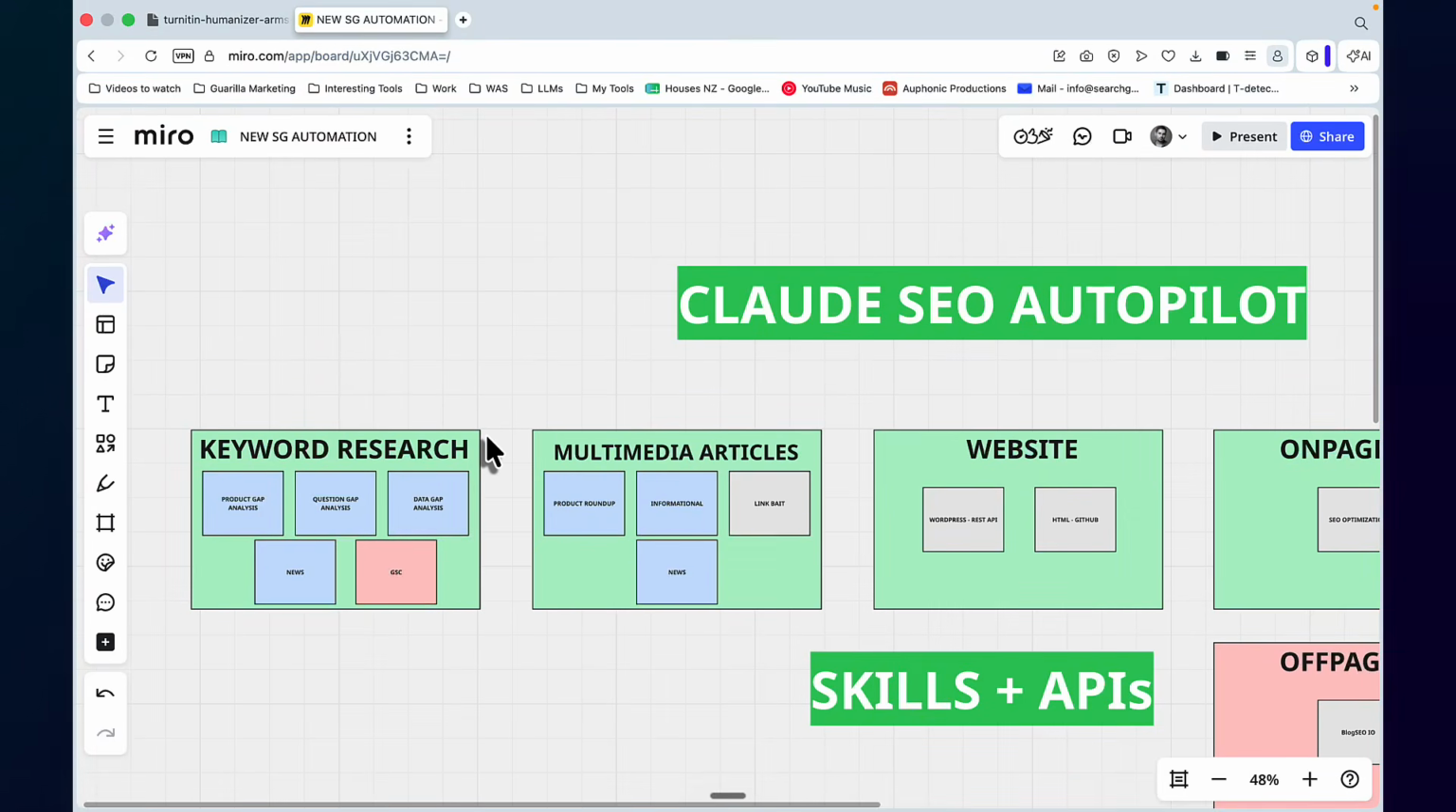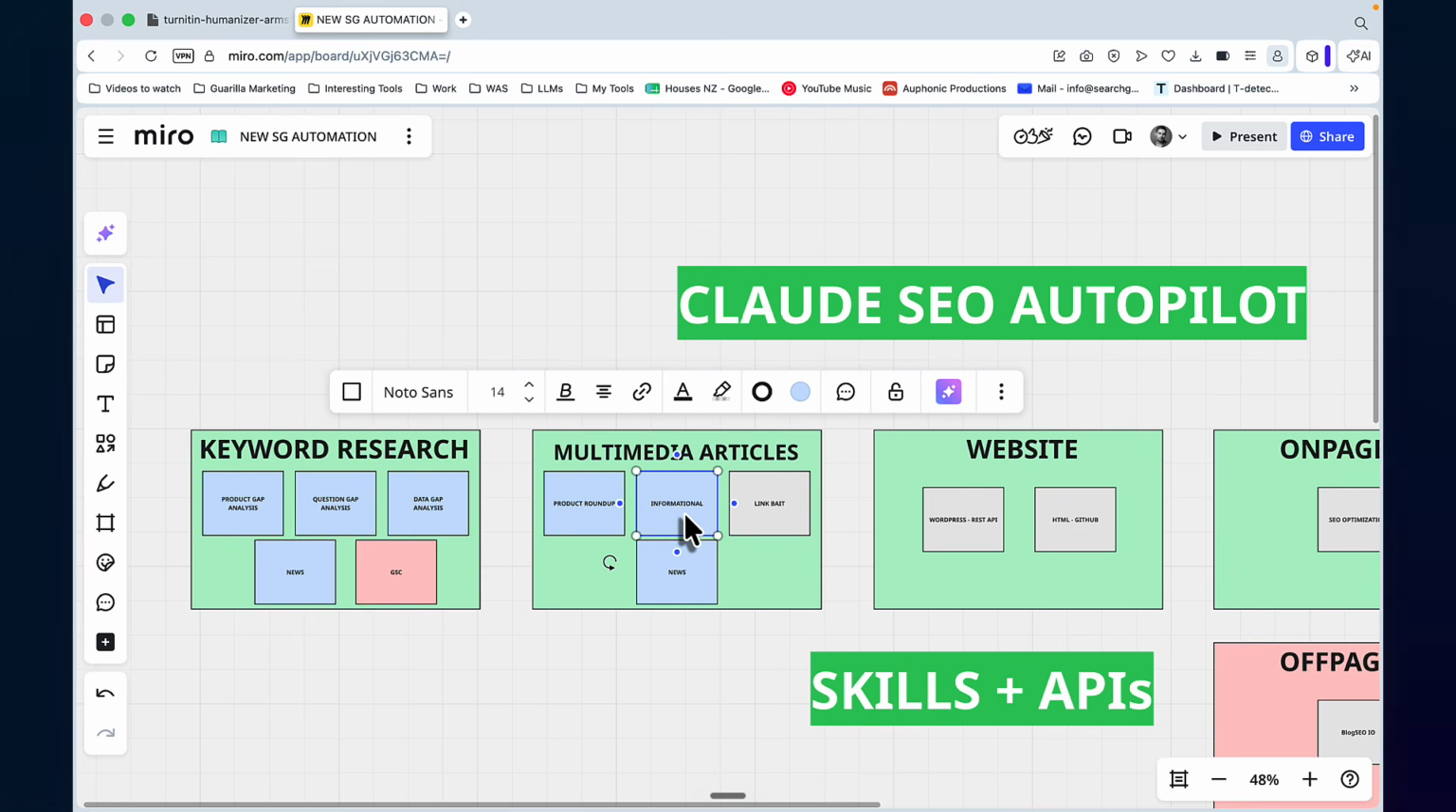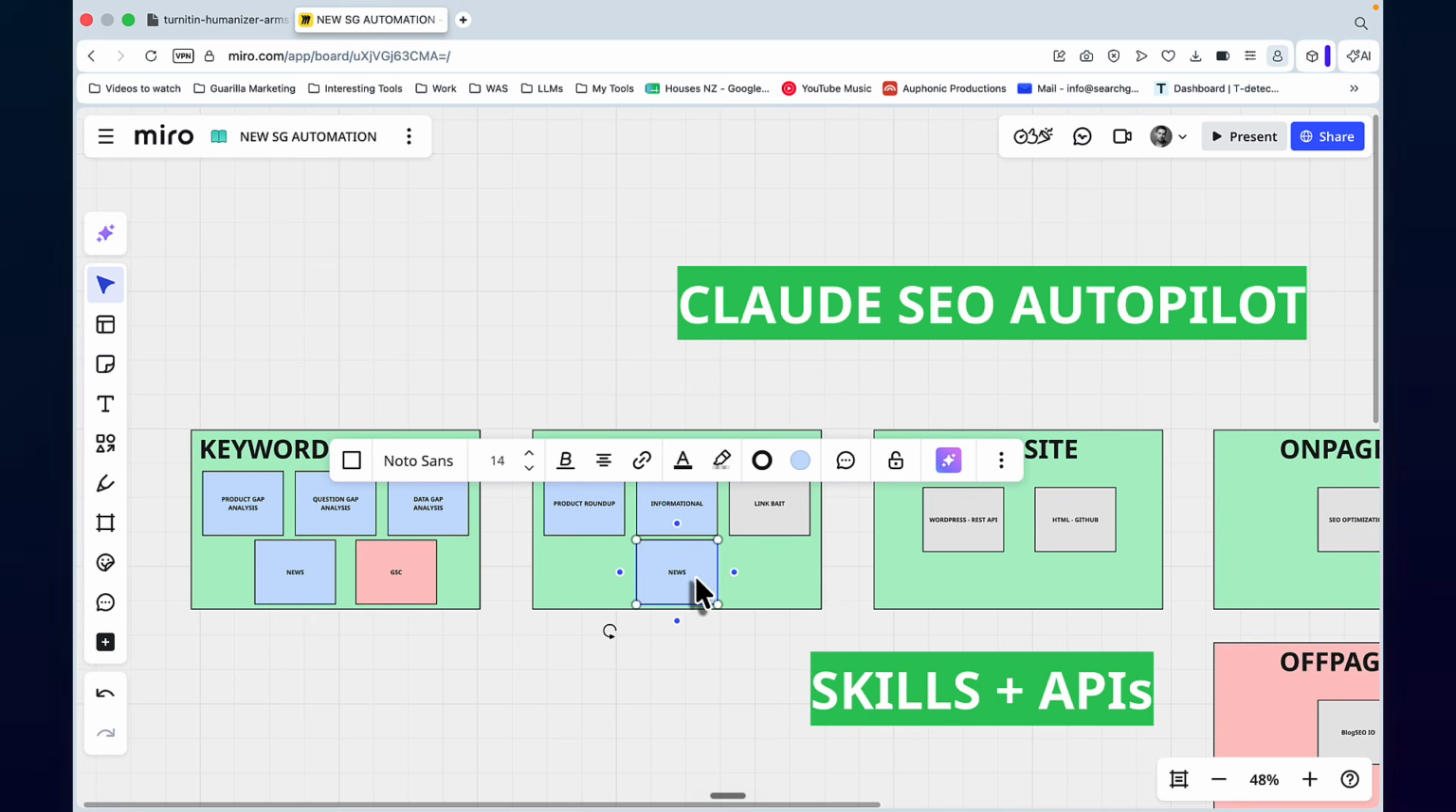Hey guys, welcome to WordsAtScale, and in this video we are continuing with our Claude SEO Autopilot experiment. We've already covered 4 types of keyword research and 2 types of multimedia articles, those being product roundups and informational articles. And today I'll show you how I create news types of articles, which are way different from your typical